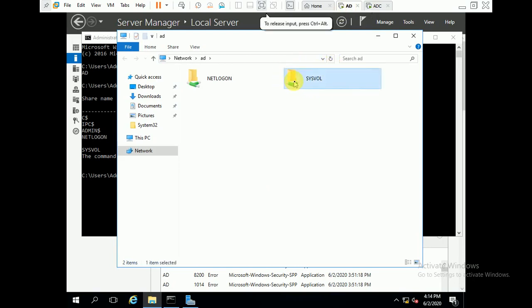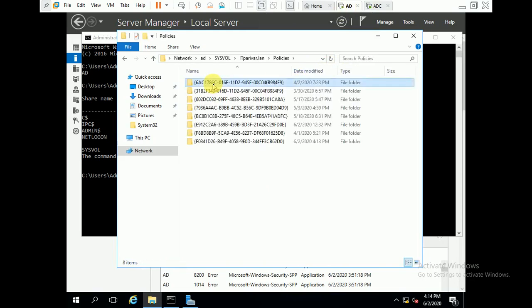Now I am going to open the sysvol folder, itparivar.lan policies. Now you can see there are also 8 items, meaning 8 policies. That means the sysvol folder, or we can say policies, are replicating properly from ADC to DC, meaning domain controller to additional domain controller server.